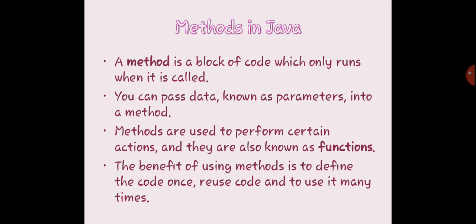A method can otherwise be called a function. Usually, a function will perform a task. A function is a block of code with a heading, enclosed by braces. So this is a function or a method. What does this function or method do? It will perform a task whenever or wherever it is called. We can call the function wherever we want, whenever we want.